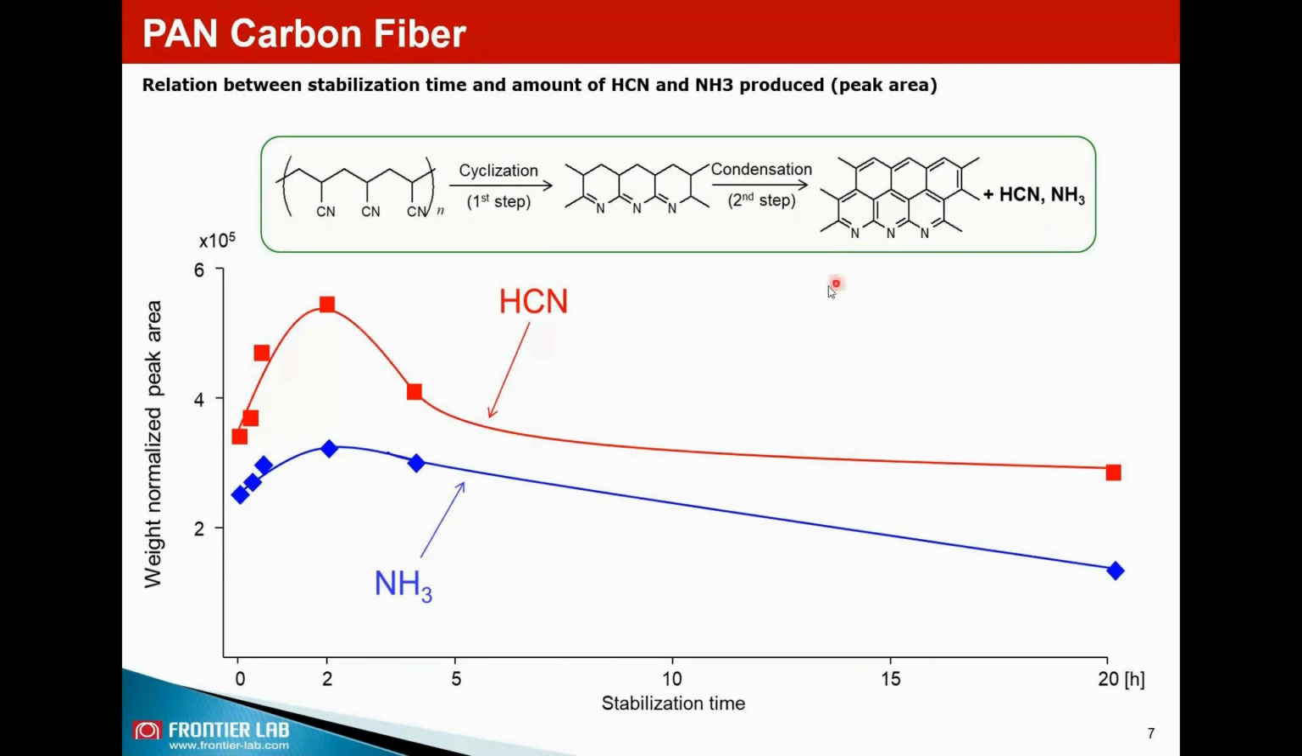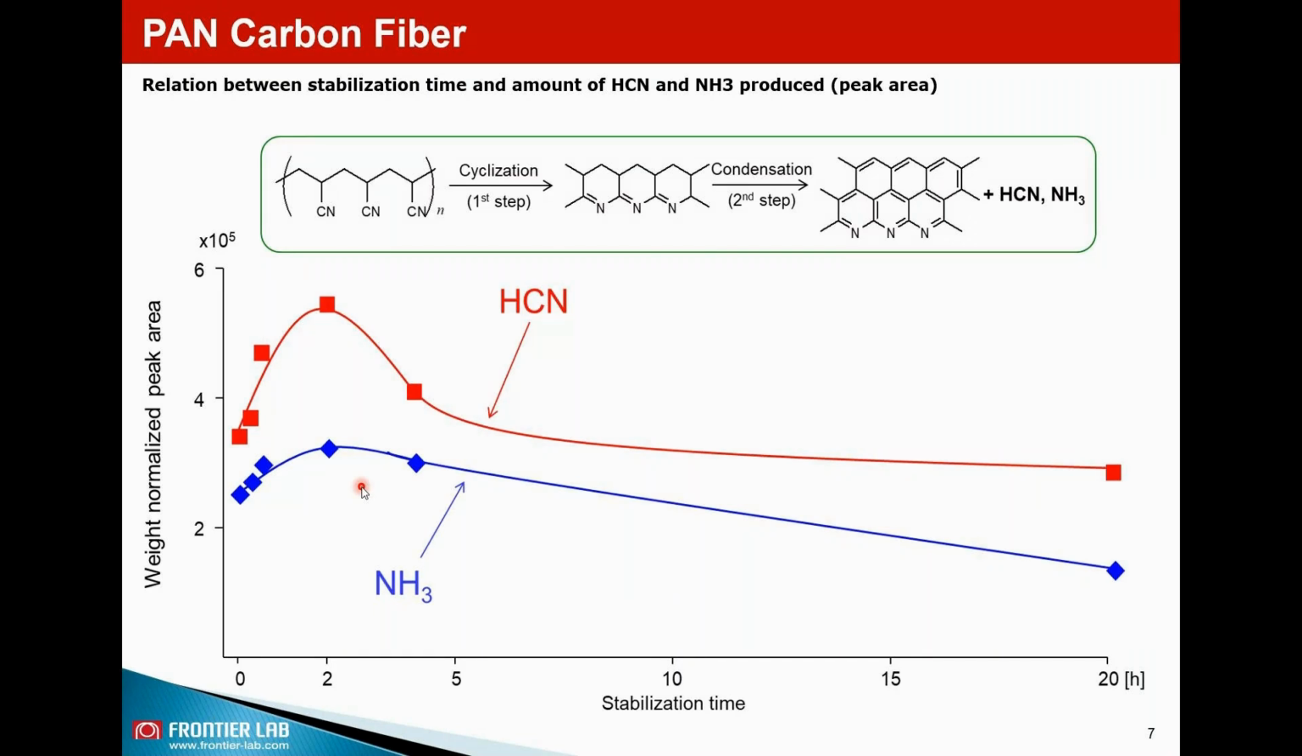You can see that as the stabilization time increases, there is an increasing trend of these two, but after 2 hours it is also reducing. That is again due to some cessation, which means longer hours are not recommended. So 2 hours is considered optimum for stabilization of this carbon fiber to make the cyclic structure. Okay, this is one type of approach where you can use EGA and Py-GCMS, the flash pyrolysis,